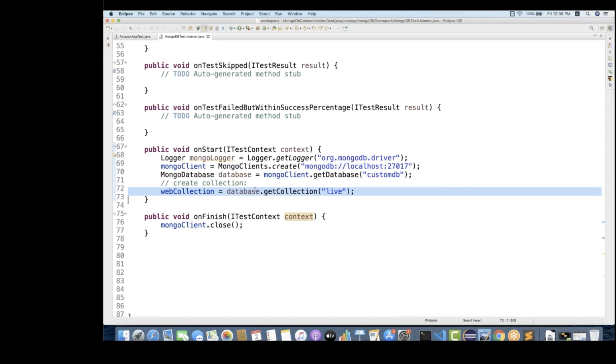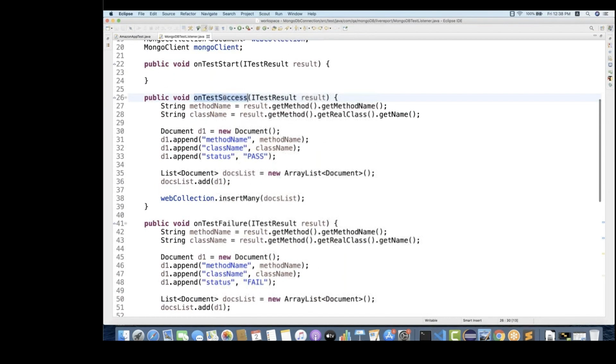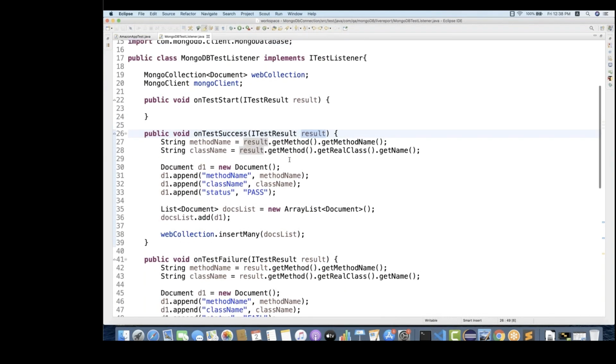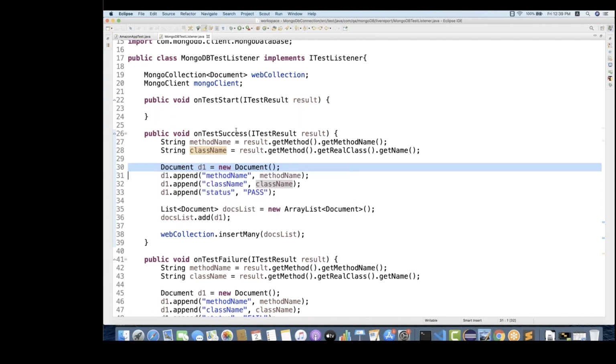So let's see now. We'll go to this onTestSuccess method. Once the method is successful, I'm using the ITestResult object reference, which will get the method at runtime. Whenever a particular test is passed, it will come over here and immediately I'll get the method name and check the class name. So I'm storing the method name and the class name. I'm creating one document over here to store the data into MongoDB.